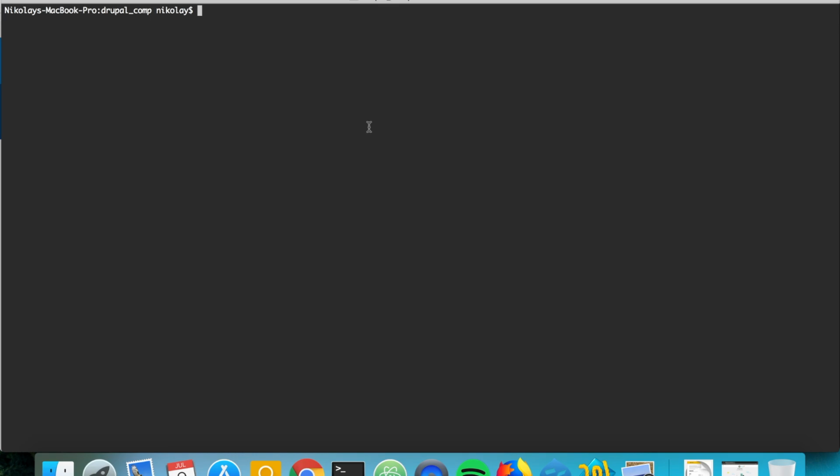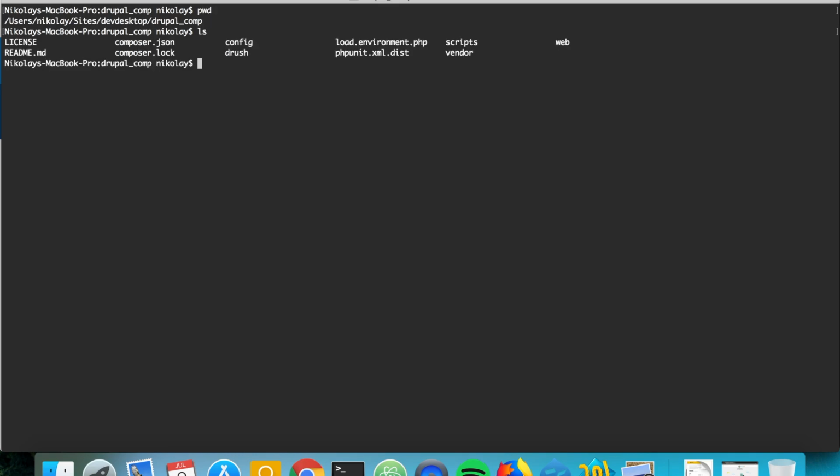So we are in the root folder before the web folder, and we're going to be running Composer require and then Drupal / the name of the module, and we hit enter,